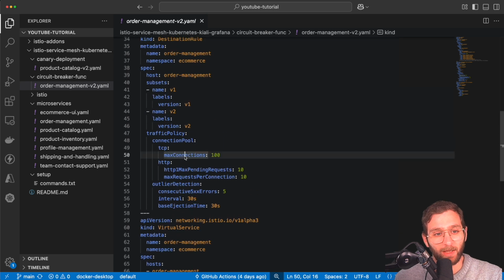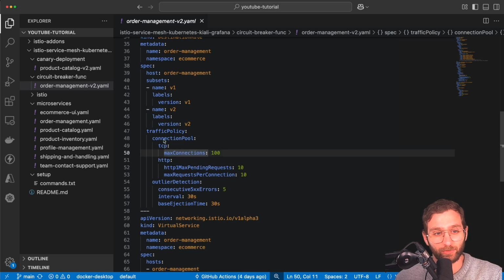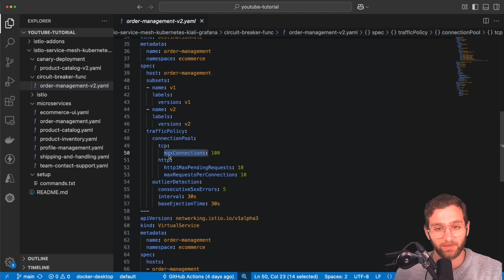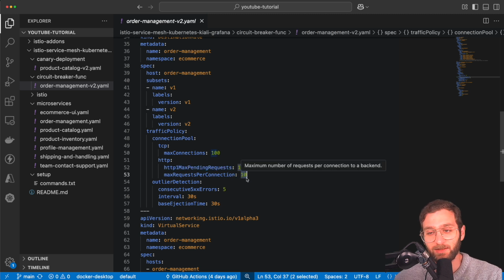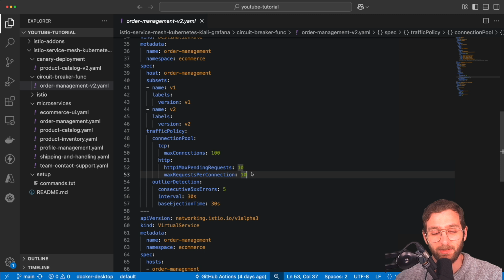All right, so this one isn't really related to circuit breaking, but it's good to have in our traffic policy because it basically says our order management service is only allowed to have 100 TCP connections at a time. If we go above that, we either put other requests on pending or we outright reject them. We can only have 10 pending requests at a time. Anything above that, reject. And this says we can only have 10 HTTP requests per TCP connection,